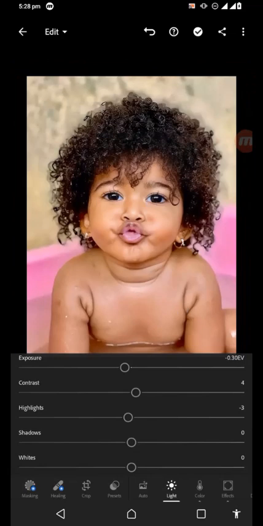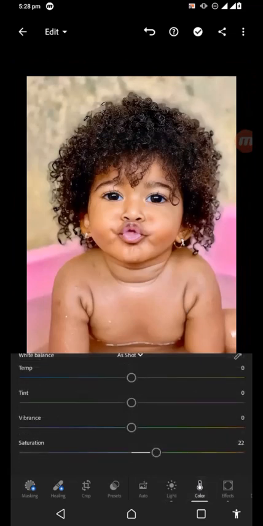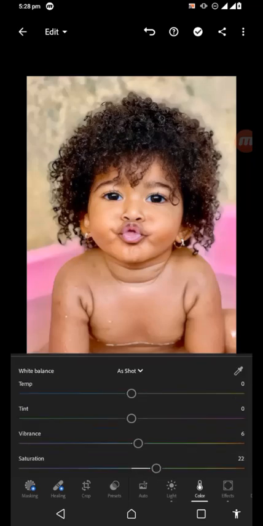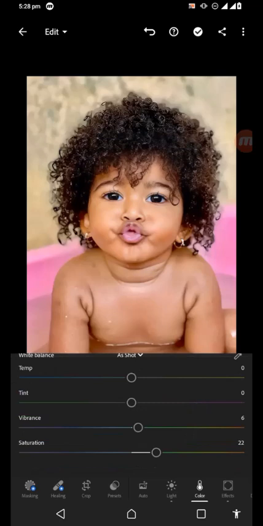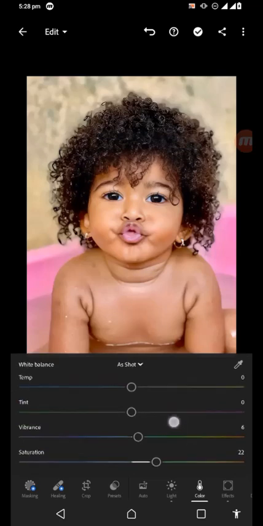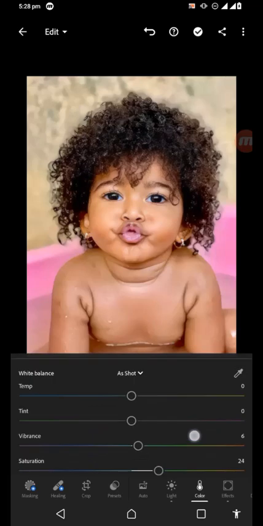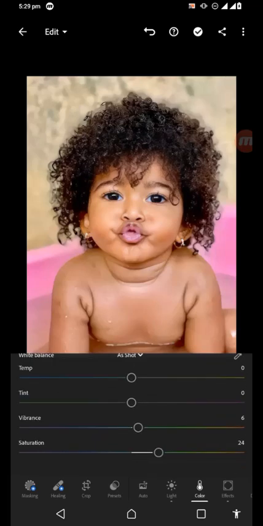Alright, what you just need to do is to come to color, and then even the vibrance, you can increase the vibrance also. Alright, don't bother to touch the tint or temperature. Don't bother to touch that. You can just touch the vibrance and the saturation. Even if you don't want to touch the vibrance all the same, you can leave it and just touch the saturation. Okay, and then the moment you reduce it to any amount you want, come to effects,